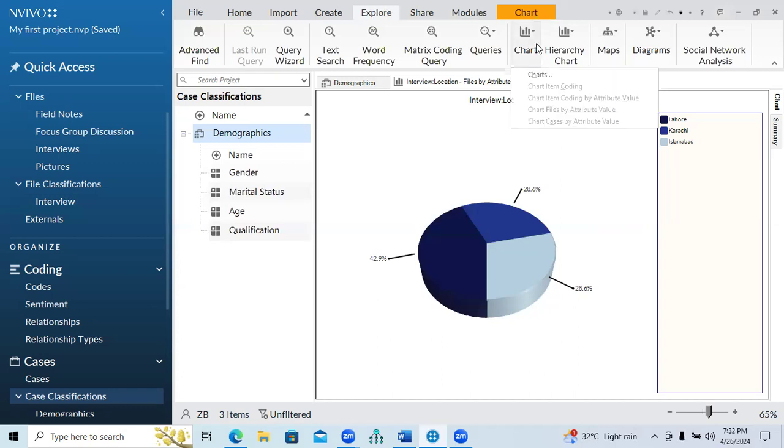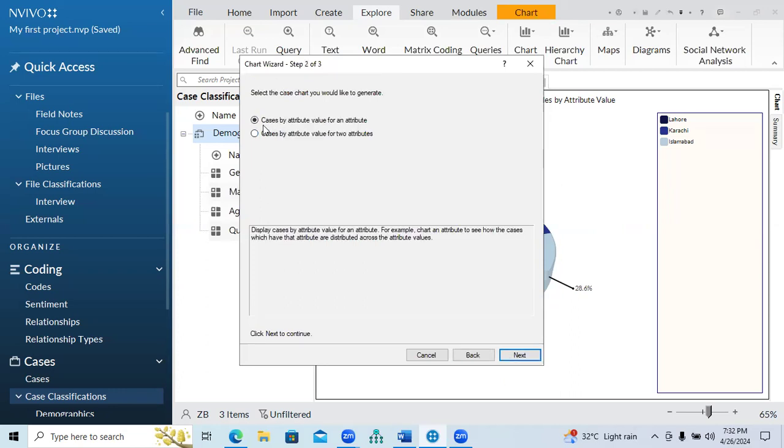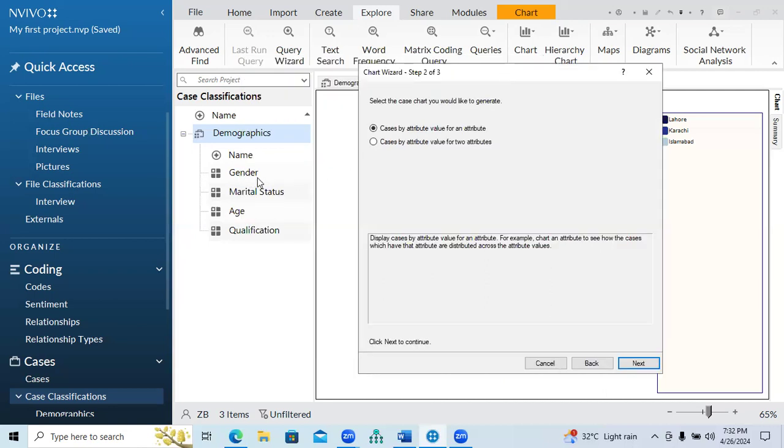So go to the chart, create chart for cases now. Previously, we created charts for file. Now we are going to create charts for cases. So click on next. Now it is considering cases by attribute value for an attribute, and cases by attribute value for two attributes. You can consider a single attribute, and you can consider two attributes. For example, if you want a separate chart for gender, for marital status, for age and classification, a separate chart for each one, then you should select the first option. But if you want to compare gender with marital status,